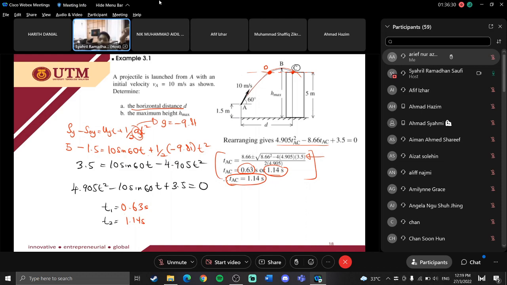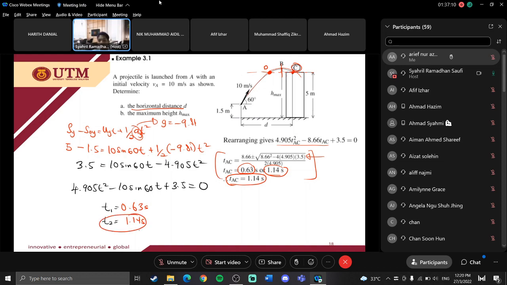If you notice, when the point has passed the maximum height, you need to choose the highest time. If the point is less than the maximum height, then you choose the lowest time. This is based on the curve that I showed to all of you on the displacement and time relationship. So now you know that at point C, the time is